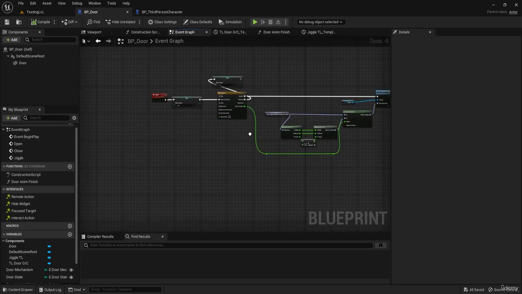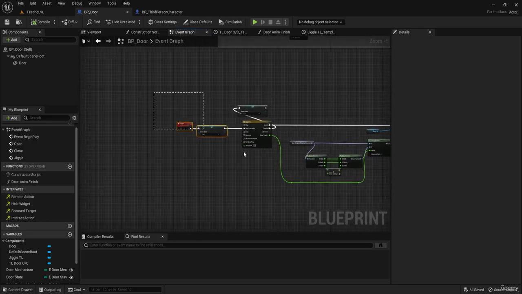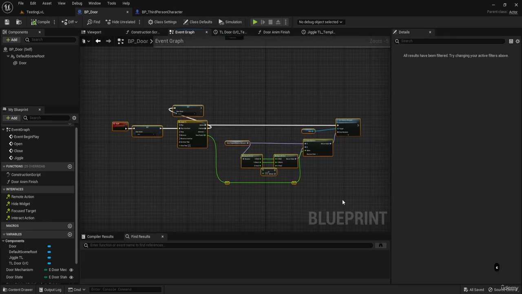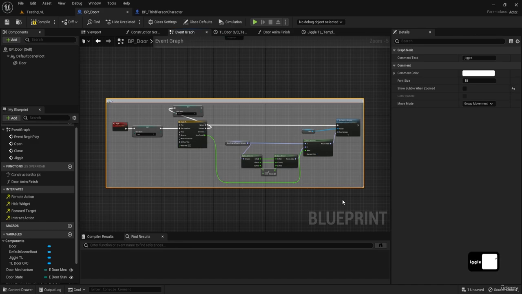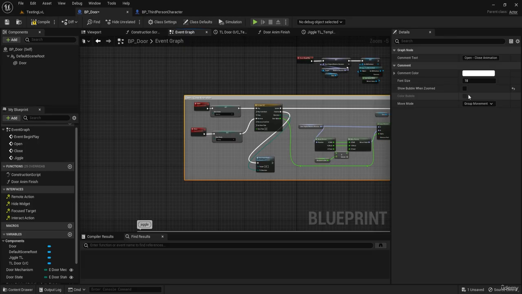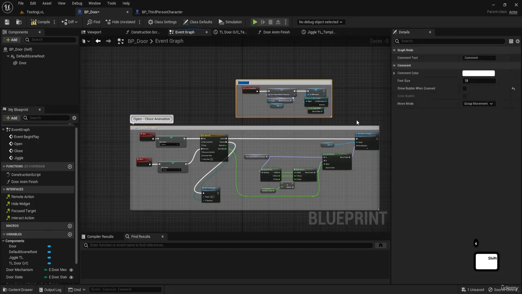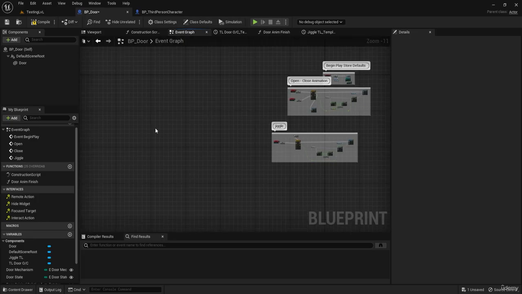Anyway, so Jiggle is ready. Let's comment it. Call it Jiggle. Let's put the bubble also. I think we didn't put the bubble here. Yeah, we didn't. Let's comment this also. Making play start defaults. Now,